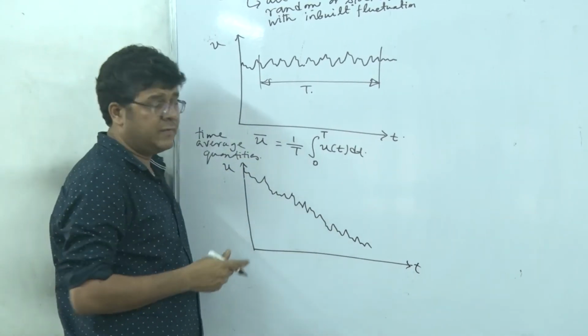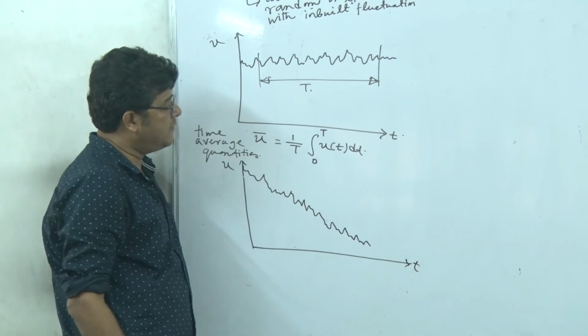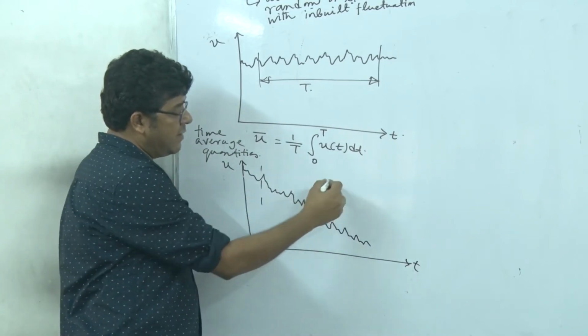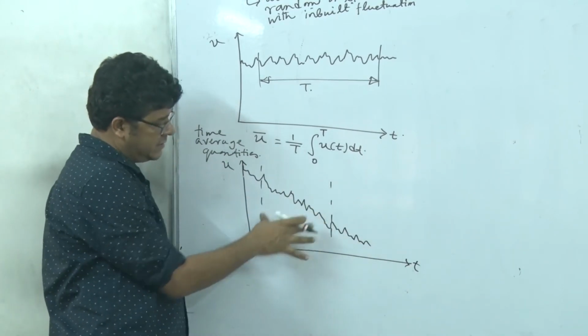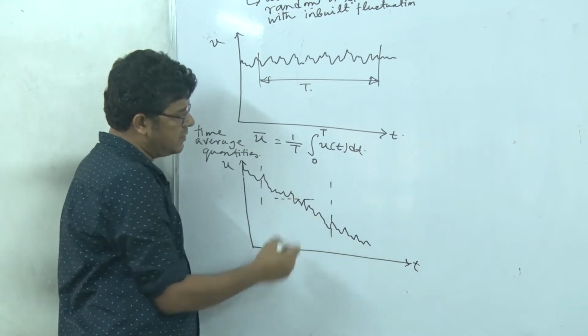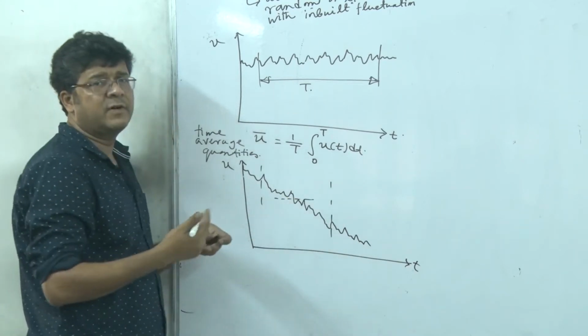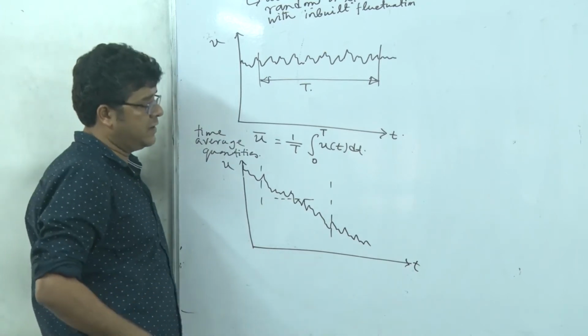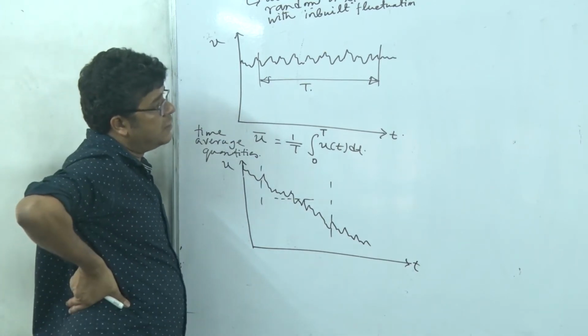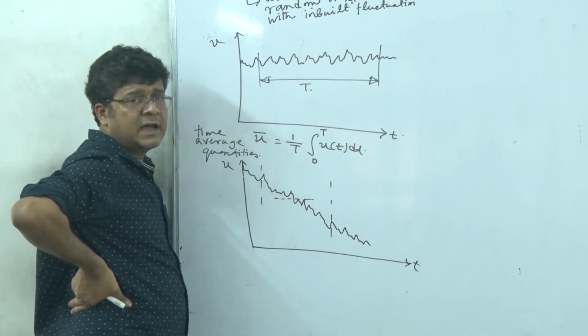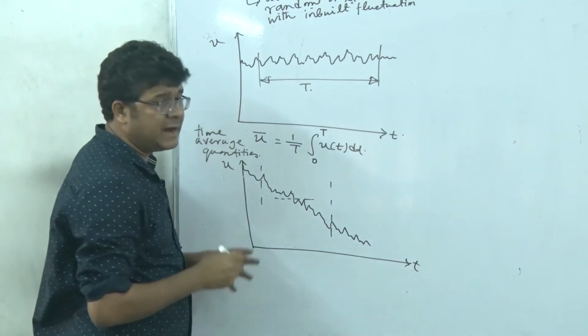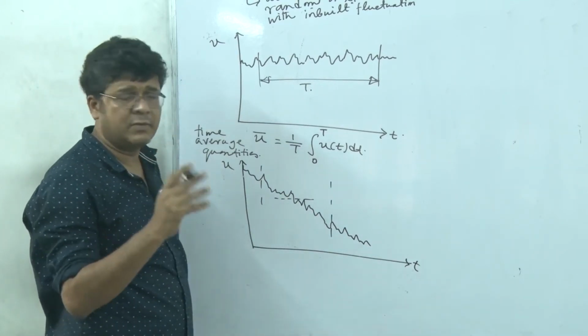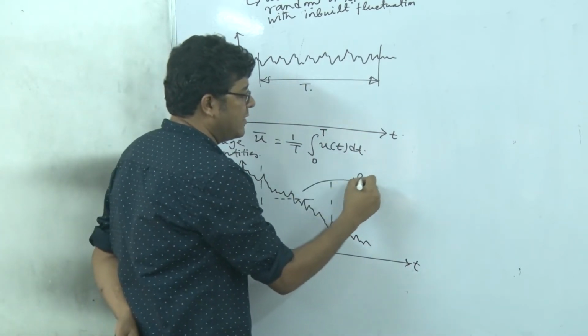So next, how to define the mean here? You cannot define the mean, or time average, because if I take a large time interval, it will give you some value. You are losing information that actually it has got a decreasing profile over this trend, right? So here we introduce another kind of averaging technique, the universal averaging technique, and that is called ensemble average.